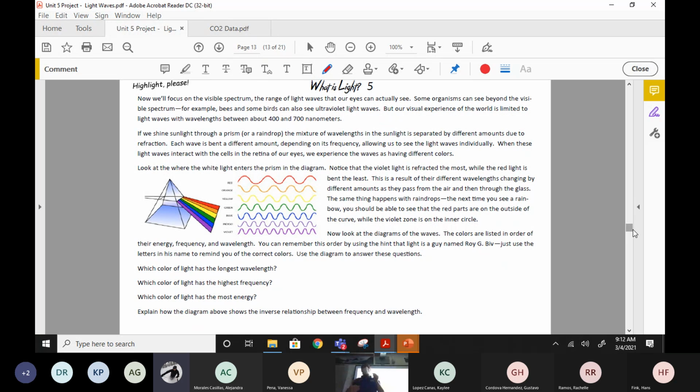Now, all those bumps bend the light different amounts. The violet light gets bent more than the red light, for example, and that separates the different colors. And so the diffraction grating allows us to see these different colors. And inside this thing is a diffraction grating. So I can look through here and I can see two things. When I look at a light source, I can see the amount of light and I can see a rainbow. Very nice visible spectrum.